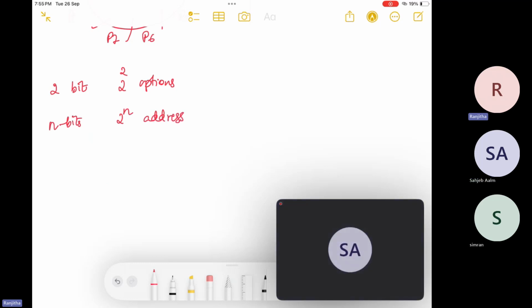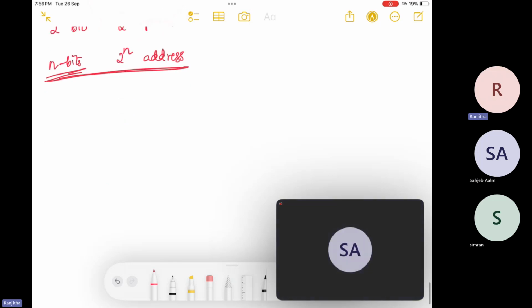If your address has n bits, you can generate 2 power n different addresses, right? Yes. तो ये एक बेसिक चीज है, ये समझ लेना।